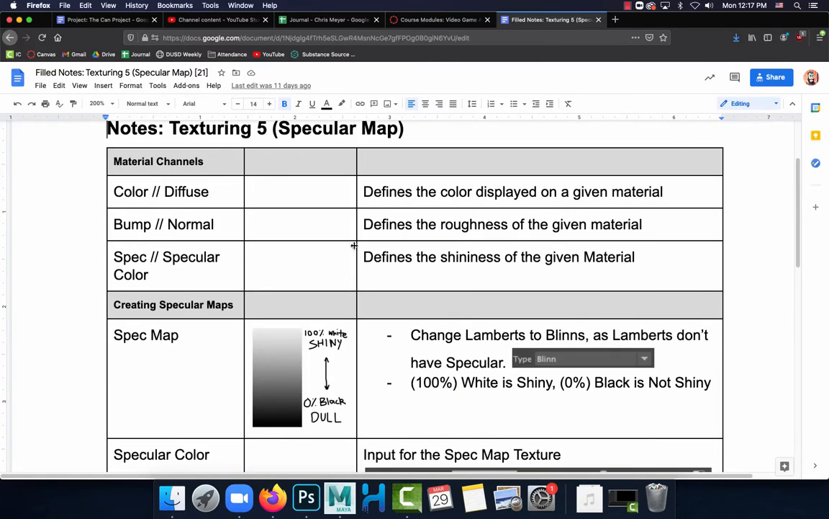Okay folks, this is my re-recording of the Texturing 5 lecture. This is covering the production of the specular map, which, continuing our discussion of material textures, we have our color map, which is just what color is it. We just finished our bump map, which is defining roughness, and then now we're talking about how shiny something is. So those are our three material channels that we've been working with, and so today we're going to create that last one, a specular channel,